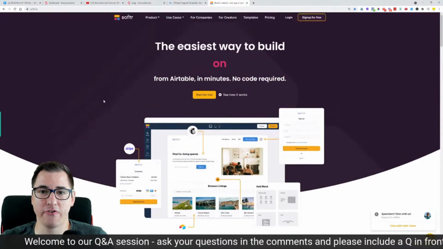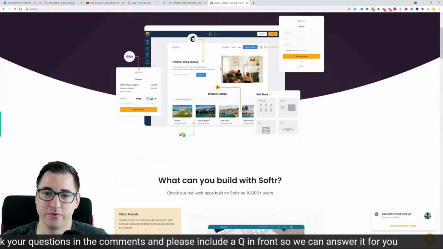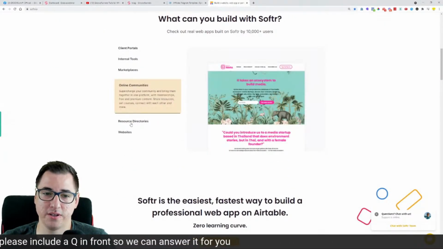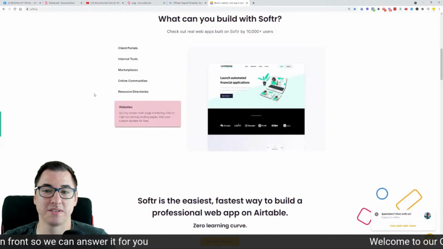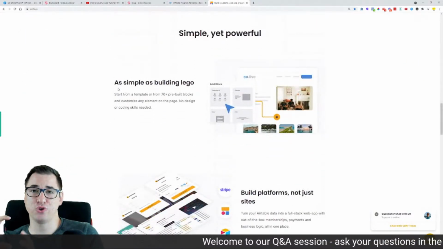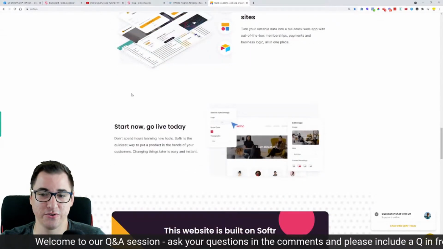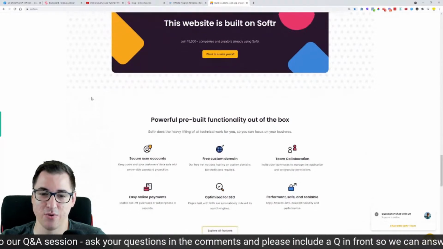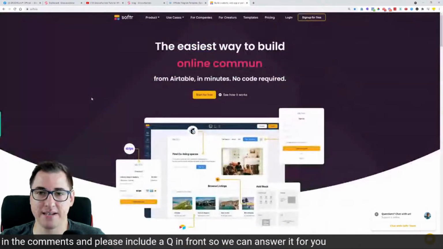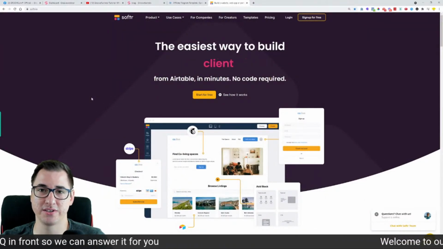Softr.io is another platform that you can use to create these dynamic sites. You can create marketplaces, online communities, directories, and websites even with this tool, which is basically connected to Airtable, and then you can embed it to your GroovePages, or you can embed it on your other sites wherever you may be hosting them. So yeah, that's basically these two platforms that I found where you can extend GroovePages capabilities and